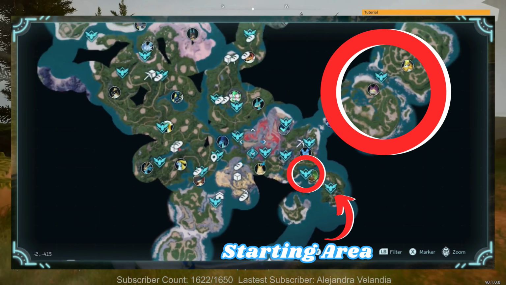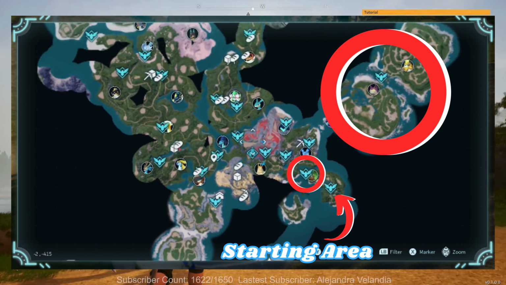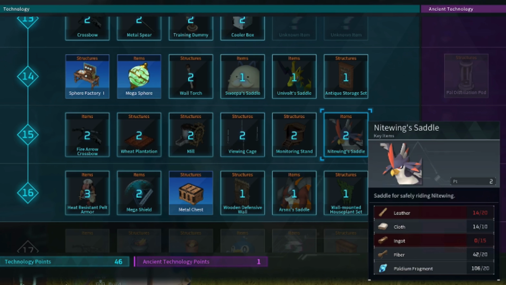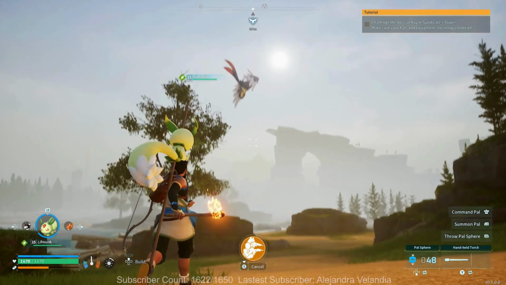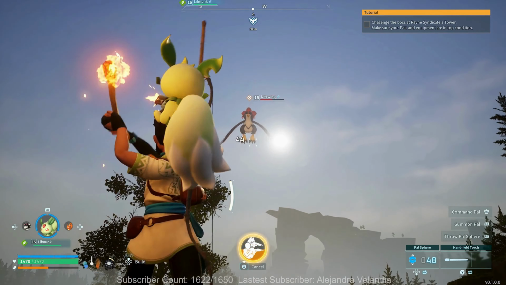Make sure to have a bow and arrow to aggro it, or catch it during the nighttime when they're sleeping at ground level. Once you're level 15 with a Nightwing in tow, make sure to spend the technology points needed to build its mount saddle and gather the resources to build it. Once built, you can now fly around the map, albeit with limited stamina, so it's gonna take some time to